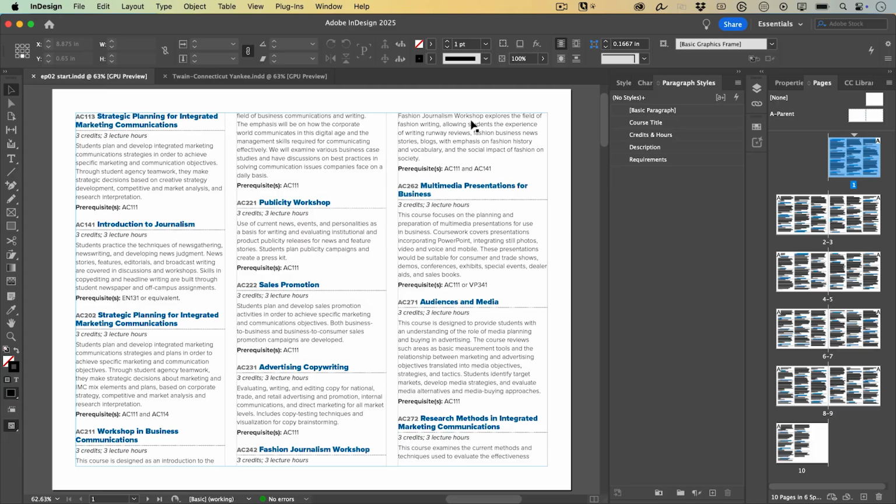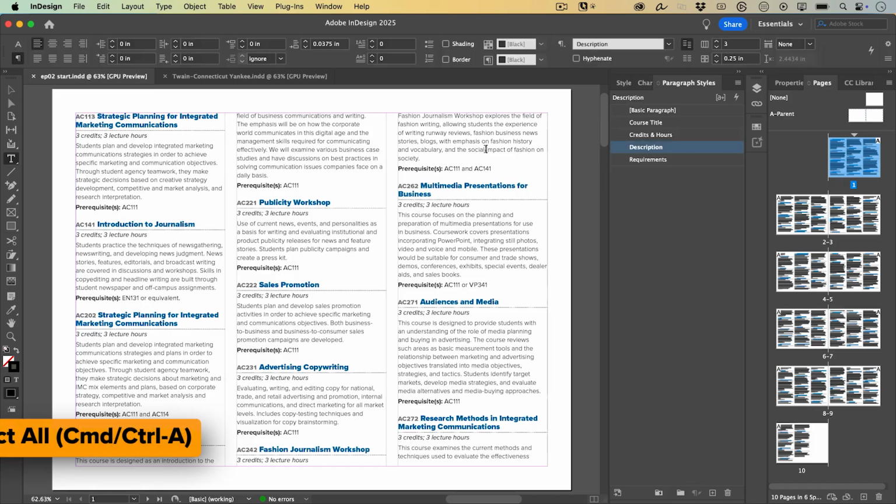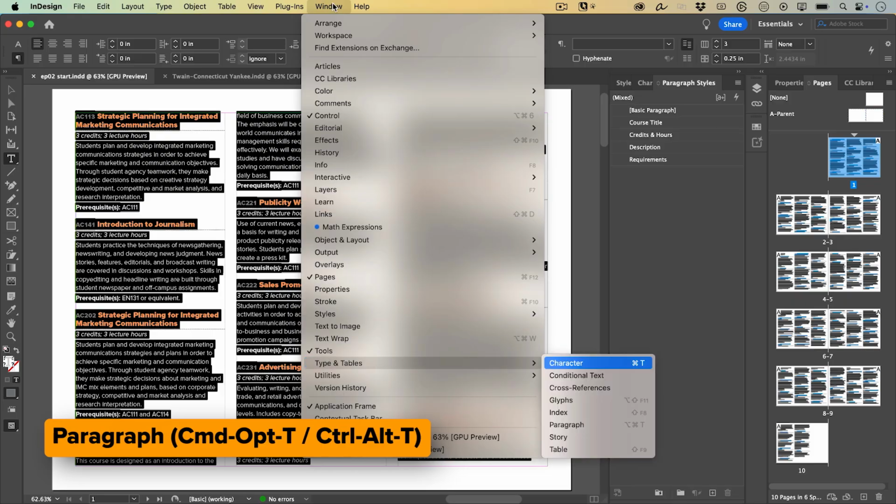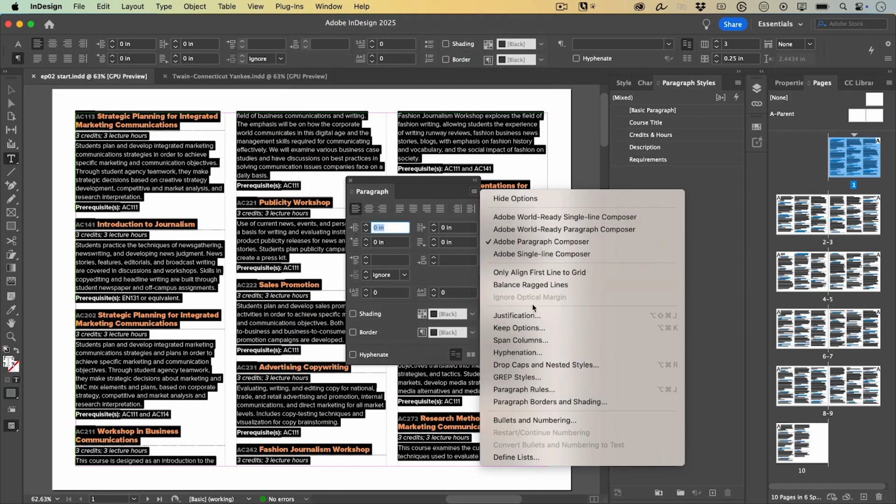So I'd like to fix this by controlling where paragraphs break and are allowed to flow across columns, frames, and pages. To do that, I'll take advantage of a paragraph-level feature called Keep Options. I'll start this in a sledgehammer kind of way, very broadly across the whole document. I'll hit Command-A to select all the text, and from Window, Type & Tables, Paragraph, I can access the Keep